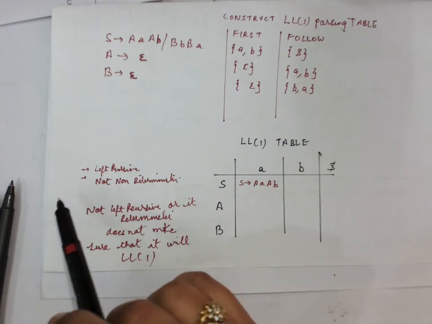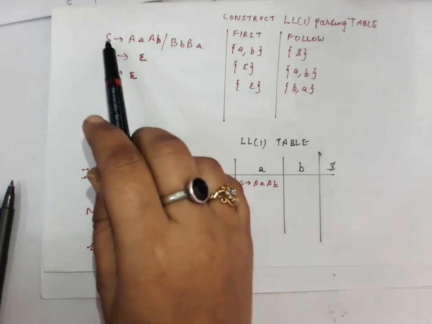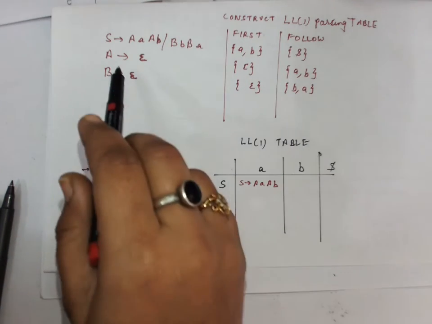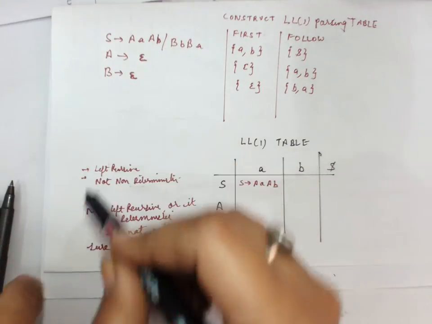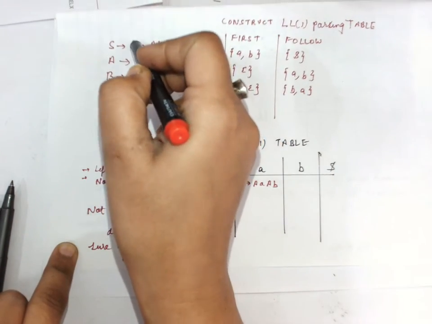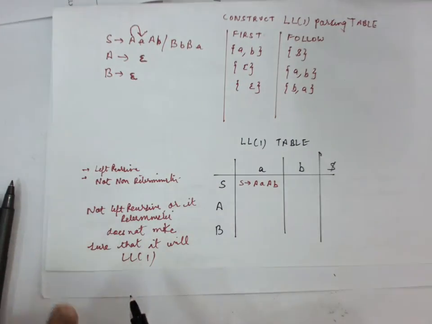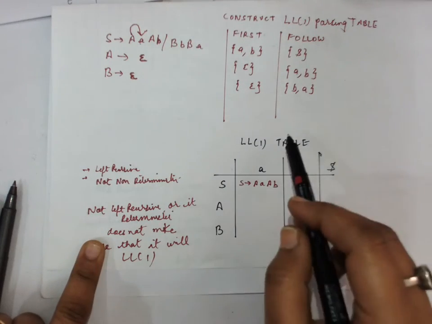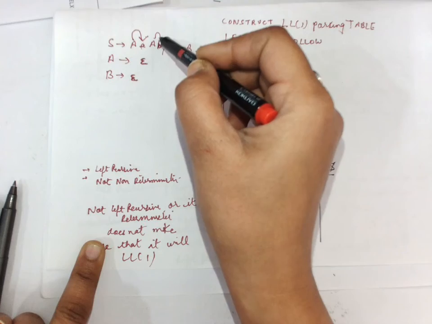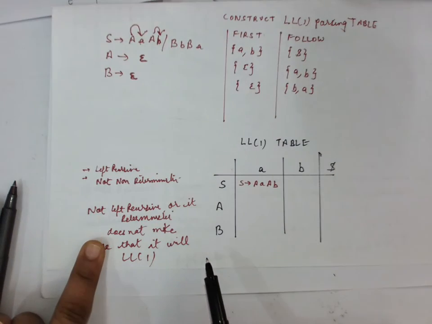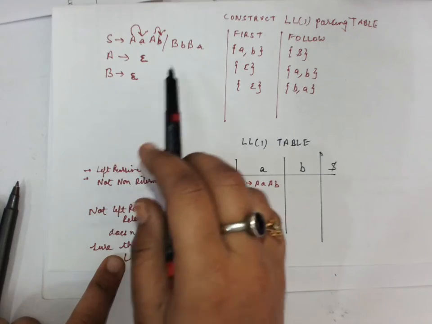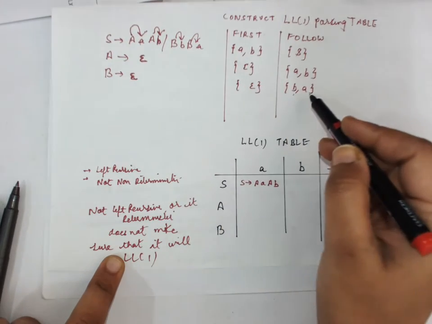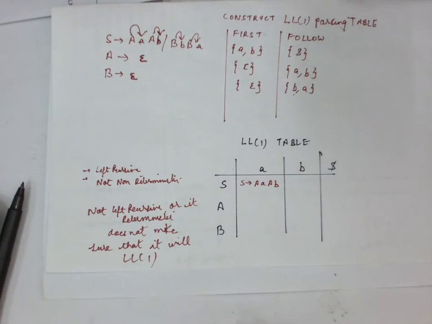Now for finding the follow, again we know what we can do. S is the starting symbol, so you have dollar over here in the case of follow. And then for finding the follow of A, we will see what follows A. So here you can see A is followed by small a. Okay, so that means small a would be the next following terminal for A. Similarly, here also we can see small b is the follow of A. Here also you have B. Okay, similarly for B you will see B is followed by small b terminal. Similarly, it is also followed by a. So this is the first and follow that we have generated.